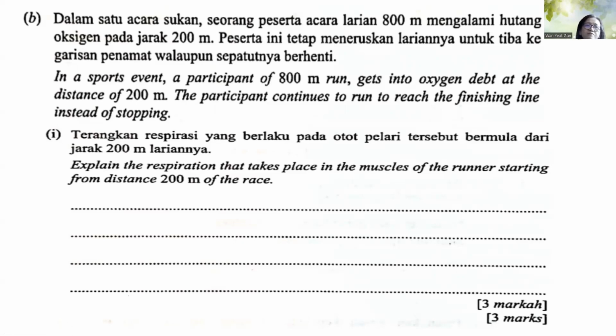From the distance of 200 meters until the finishing line, the participant actually incurs oxygen debt, because for the first 200 meters he was running and the demand for oxygen was able to be supplied by the heart and the lung. Okay, the intake for the first 200 meters is sufficient. However, after 200 meters, the person runs into oxygen debt. So the person undergoes oxygen deficiency, or oxygen debt,